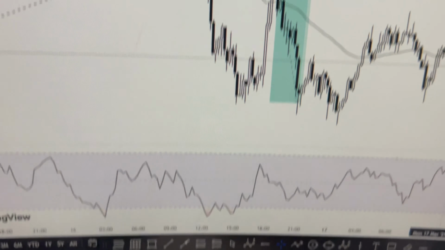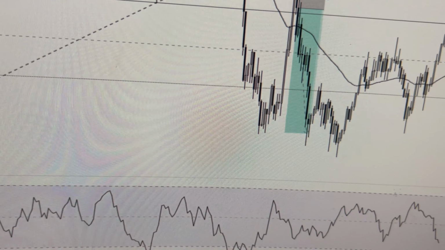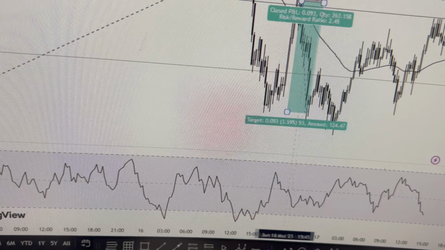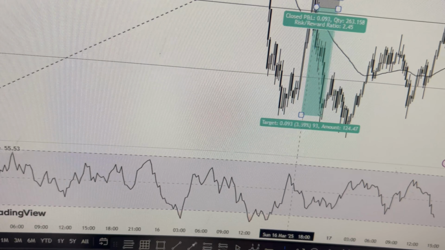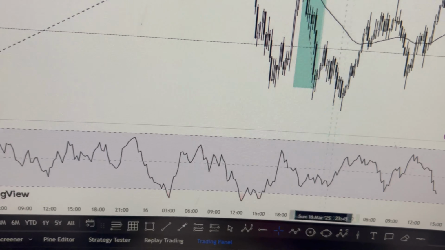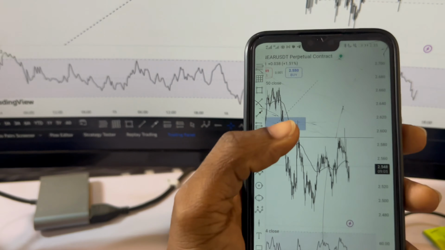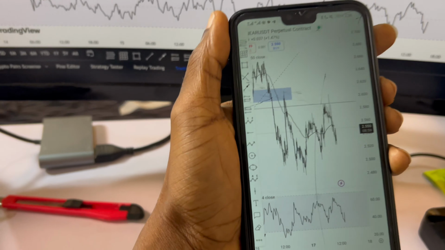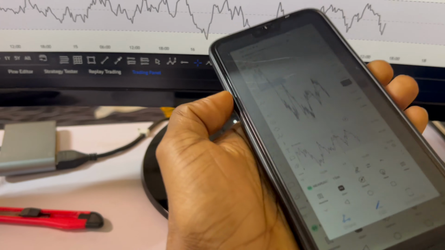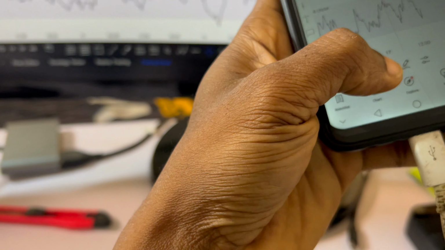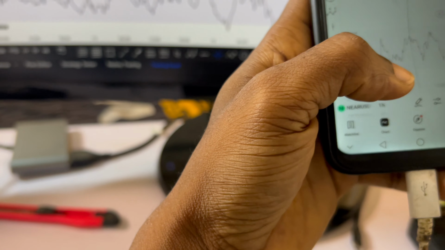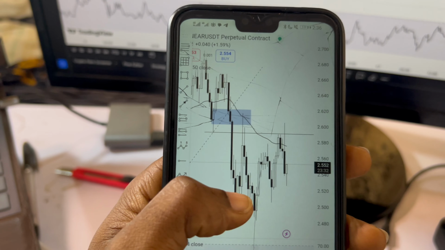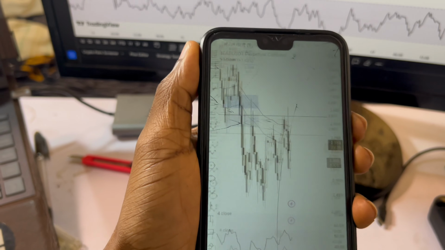So this is what I'm going to do now. I'm going to screenshot this chart to ChatGPT and see what it has to say. And I'm going to tell it that I missed this entry, that I was not on seat when price got here. So what I'm going to do now is screenshot the 15-minute time frame and the 1 hour time frame for ChatGPT to analyze, and I'll make mention that I missed yesterday's move and today is another day. So this is what I'm going to send to ChatGPT.